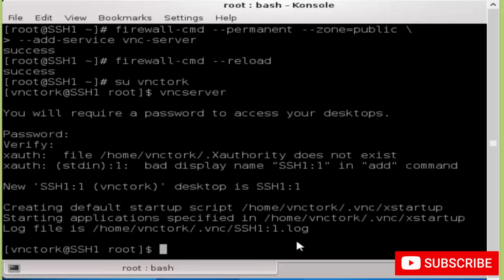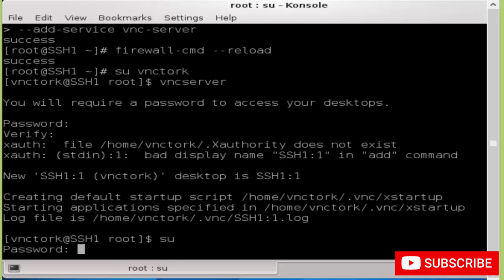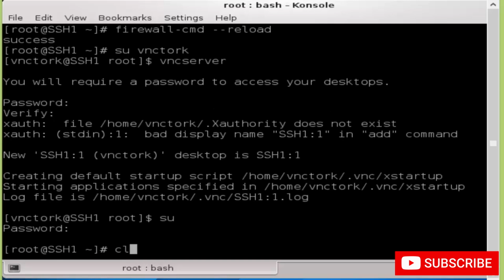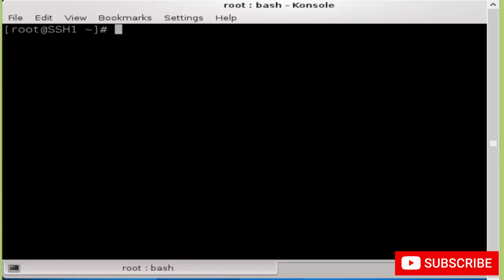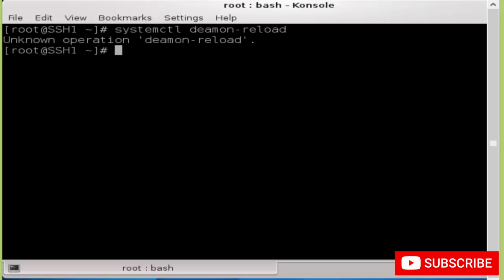Now let's switch to root user to enable the VNC service on server boot. So type su and press enter. Now type the password for user root. Okay, let me clear the screen. To enable the VNC service on server boot, type systemctl daemon-reload and press enter. Sorry, I typed the daemon wrong. It should be daemon. So now press enter